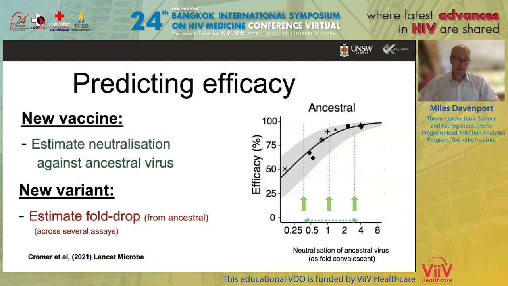So what this means is that we think the model is very useful for predicting both the efficacy of new vaccines and the efficacy against new variants. For example, for a new vaccine, if we can work out what its mean neutralization titer is compared to the other vaccines or against ancestral, then we know where on this axis we lie, and we get a prediction of what the efficacy will be. Similarly, if we have a new variant and we get a drop in neutralization titer to that variant, we can generate new curves predicting efficacy for that. So we think that this will be very useful going forward.